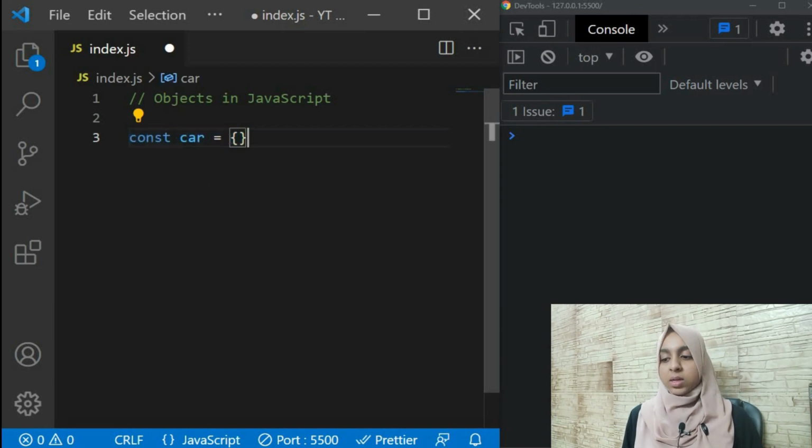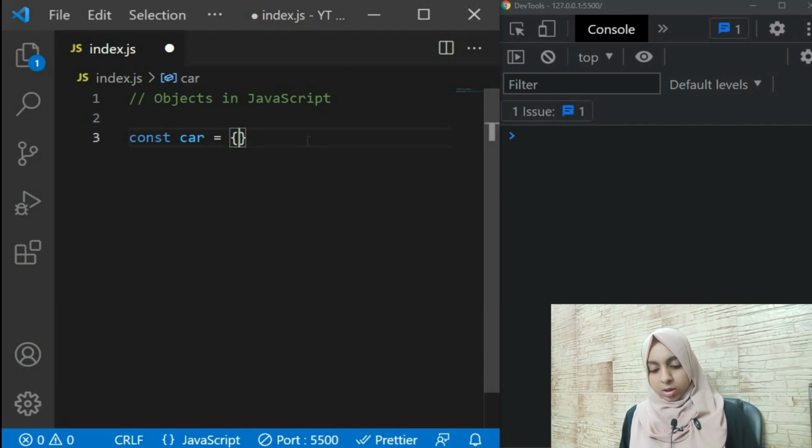Very simple, right? Now there are two things to understand in an object. The first one is property and the second one is method. Always remember that a property is just a property of that thing, and a method is always a function inside your object. To make this even simpler, the color of your car is a property of the car, but the moving of your car is a method of your car, because it is doing something.